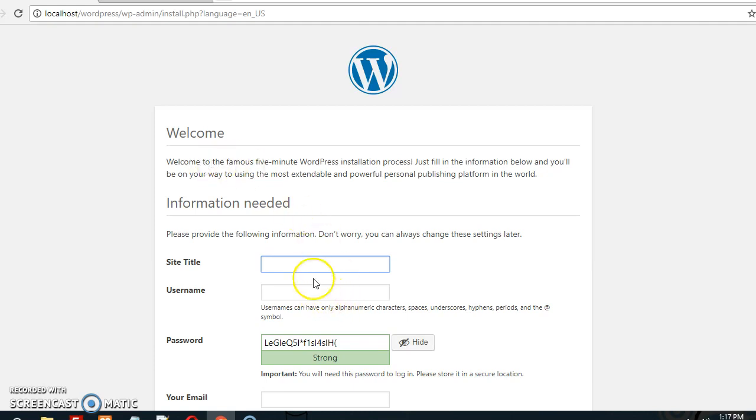It's asking for the site title. Suppose we are taking fashion street, some products purchasing. So I have taken the site title as fashion street, and fab as my username. Whatever you want to keep, I have taken admin. Here I am taking admin at 123 as my password. It's showing very weak password.